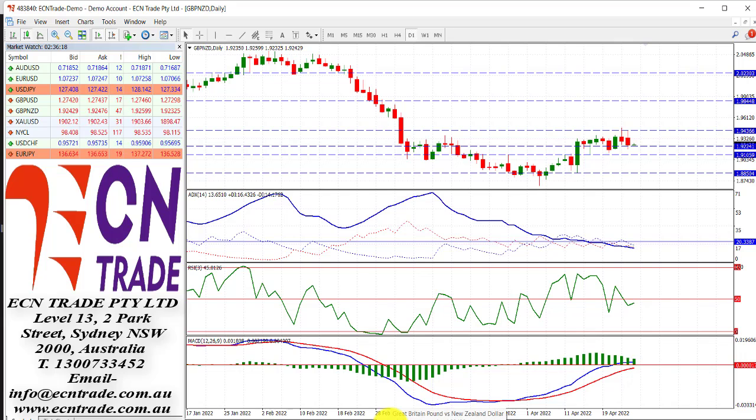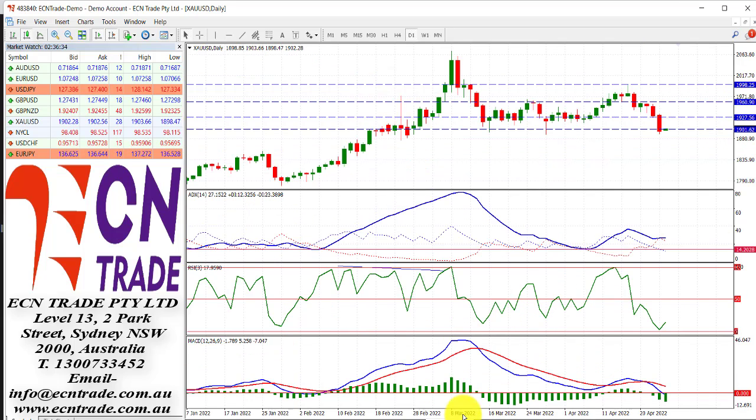Since reaching its topside target of 194.20 to 40 for sterling kiwi, the market has turned lower and is now looking back towards 191 as a potential target. Overall, I feel that it's accomplished its topside and is now looking back towards 191 to reassess.